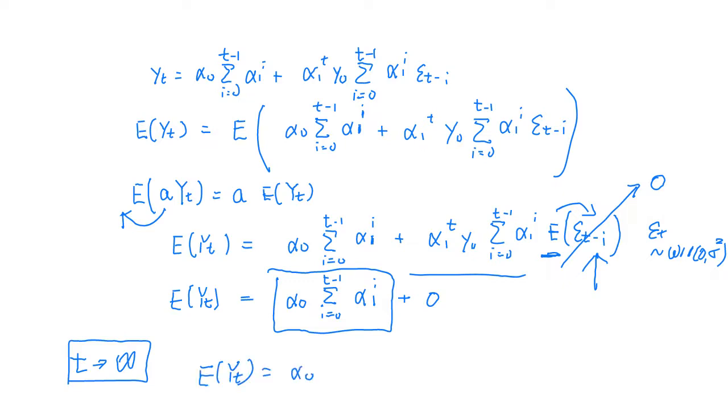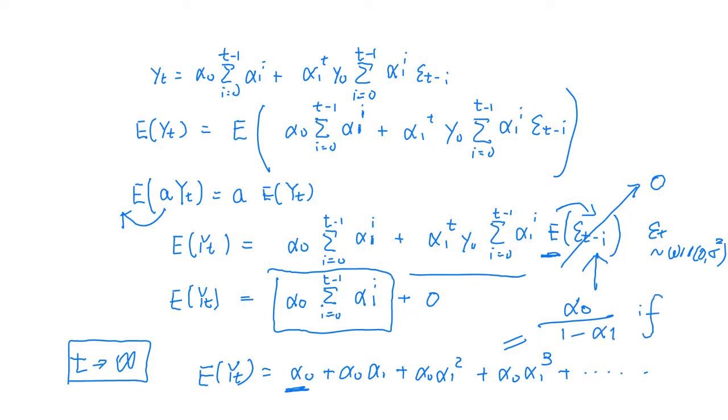It looks like a geometric series with the common ratio equal to alpha 1, right? And the initial value is alpha naught. So this sum is equal to alpha naught over 1 minus alpha 1